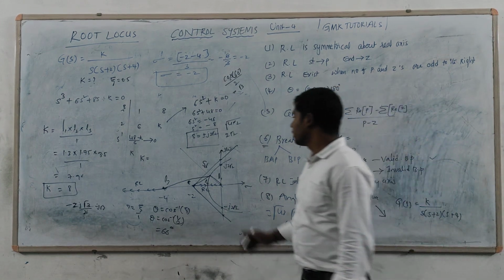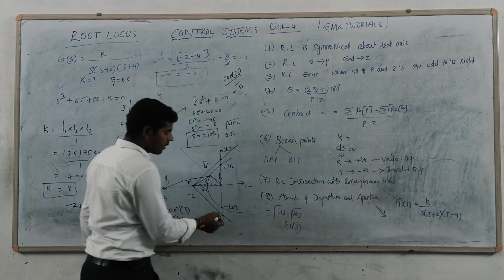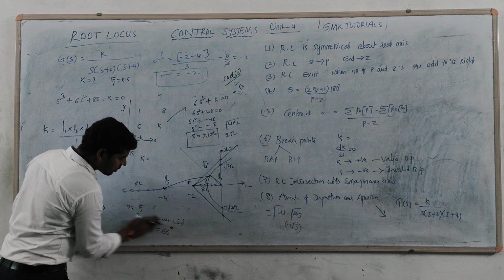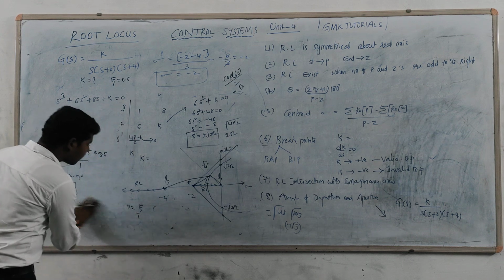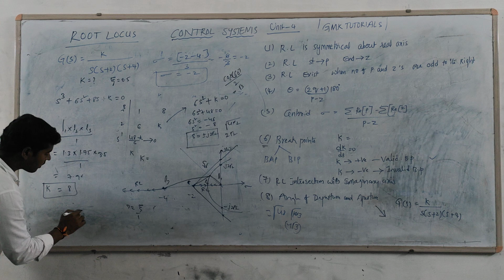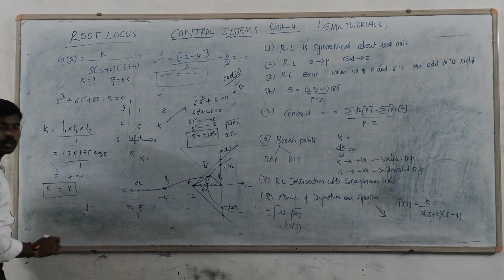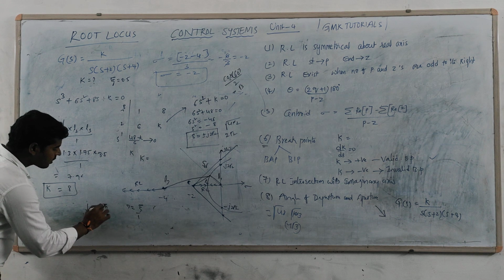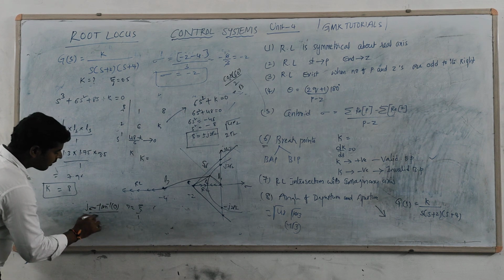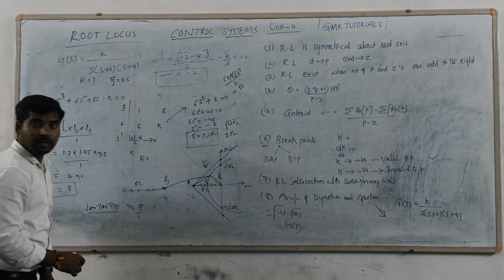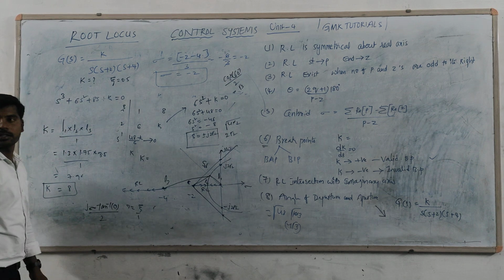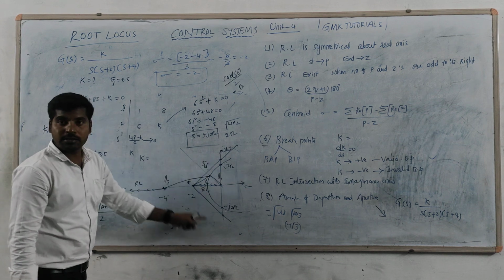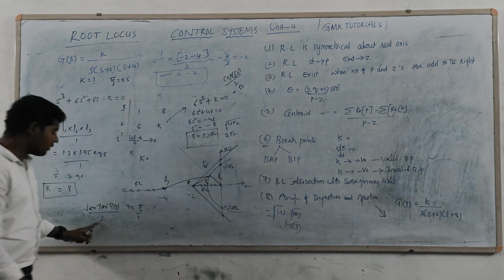So in order to find out these intersection points of the asymptotes with the imaginary axis, one trick will be there. Suppose we will get a 60 value, right? So the formula for that one is: intersection point is equal to j into sigma, sigma under tan inverse of theta divided by number of branches approaching the imaginary axis. That is equal to 2 in this case. Why? Because one branch approaches infinity with 180 degrees and the remaining two branches go only towards the imaginary axis. Therefore, that's why I will take 2.